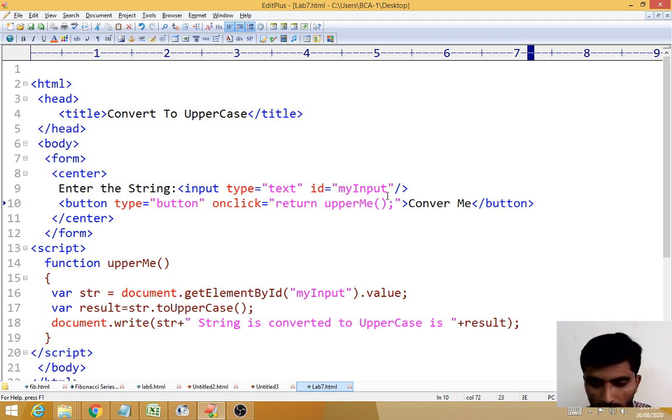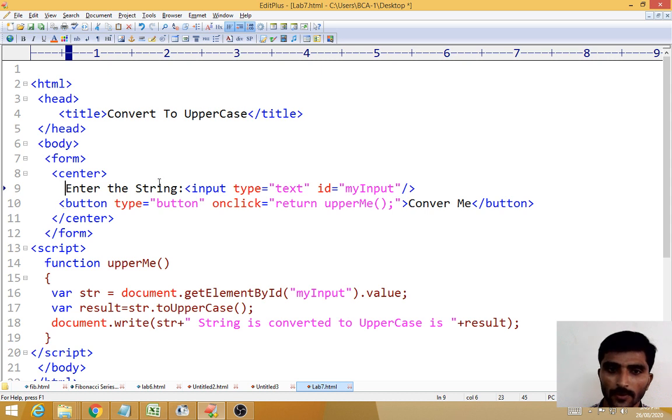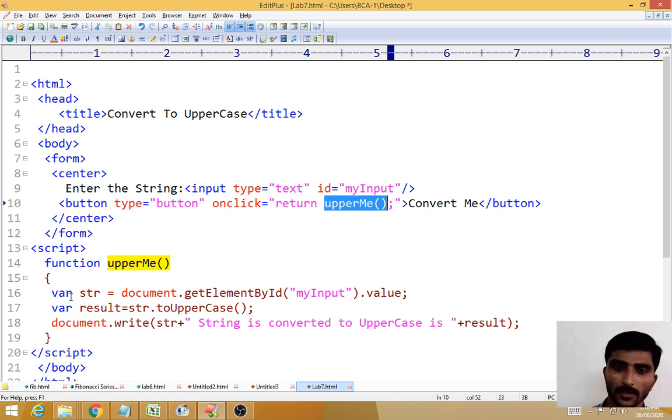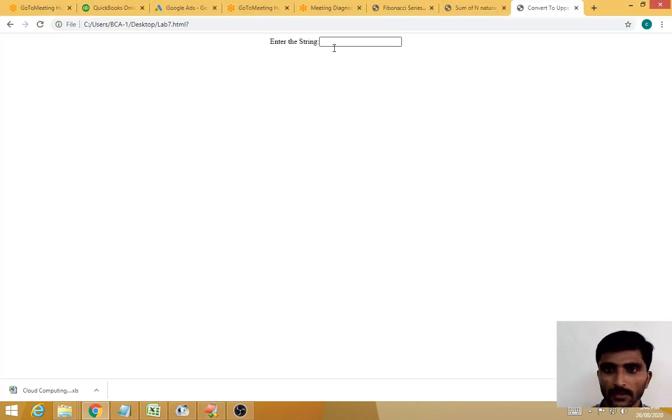So what it does: first you enter the values, after the value you click the button. When you click convert me, it calls the upperme function, where it accesses the values, converts it, then prints the value.